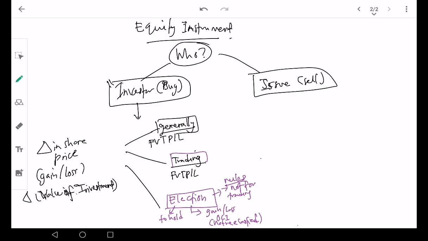However, the election can only be cancelled once trading happens. Say our company is scared that putting the gain and loss under P&L will affect the profit, so they decide to elect to put the gain and loss of the investment into OCI. But they cannot change once they have elected. Okay? For the issuer,